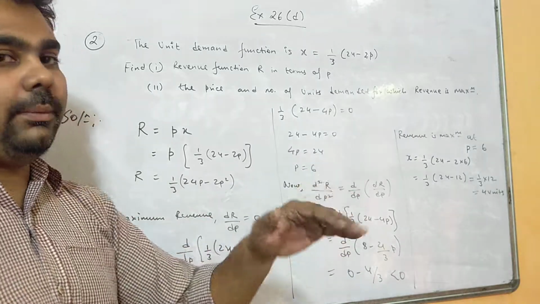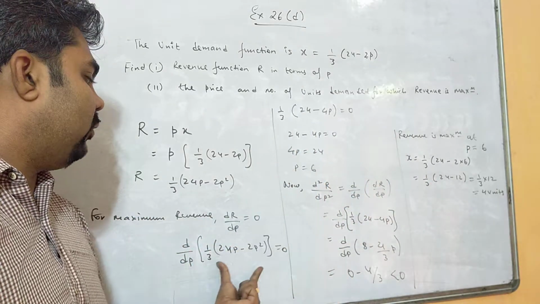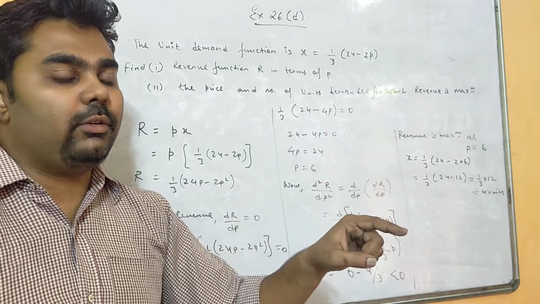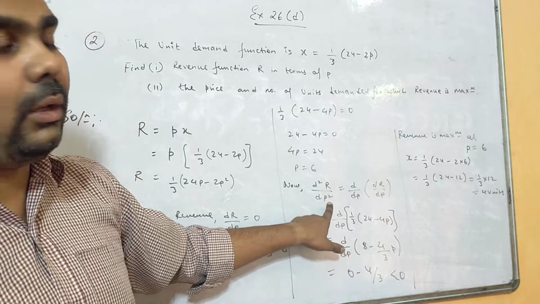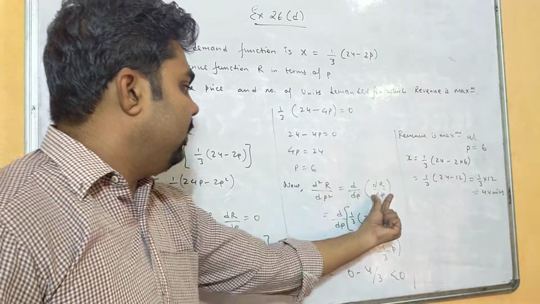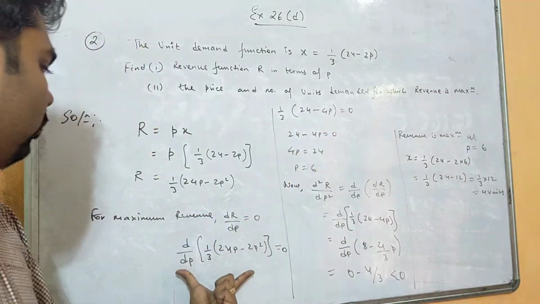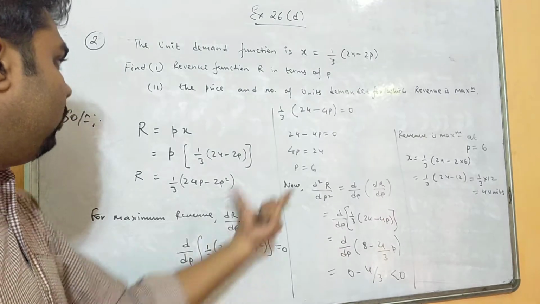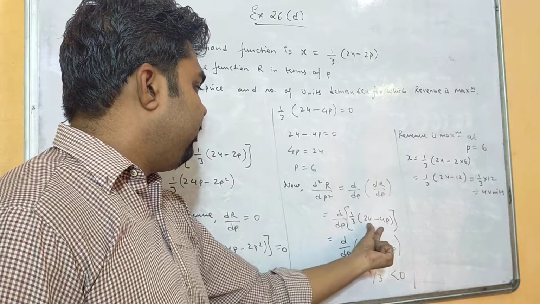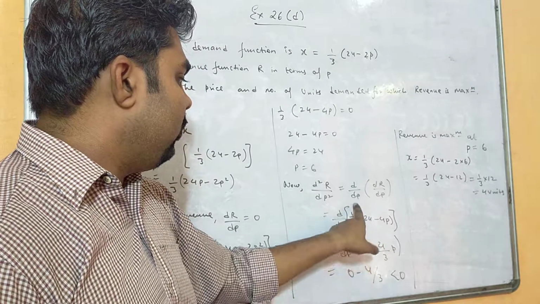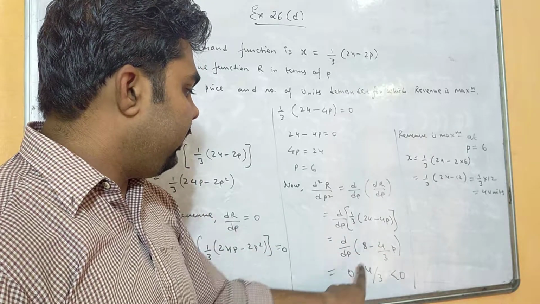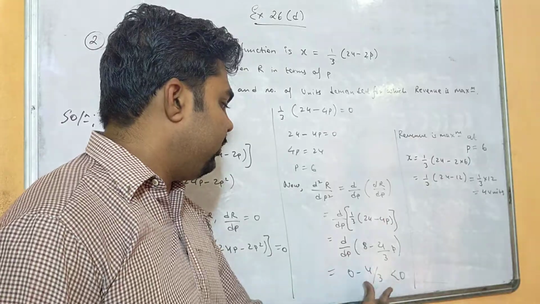Now next step, like in the previous question we found the value of X, here we found the value of P, right? Next, there we double differentiated the revenue function. Here also the same, we are differentiating, but now with respect to P. So d square R by dP square means d/dP of dR by dP. So dR by dP means this one, because after differentiation we got this, right? So this one we are substituting here. So 1 by 3 we have multiplied inside, so 1 by 3 into 24, that is 8. 1 by 3 into 4P, that is 4P by 3. Now differentiate d/dP of 8, that is 0, d/dP of minus 4P by 3, that is minus 4 by 3.